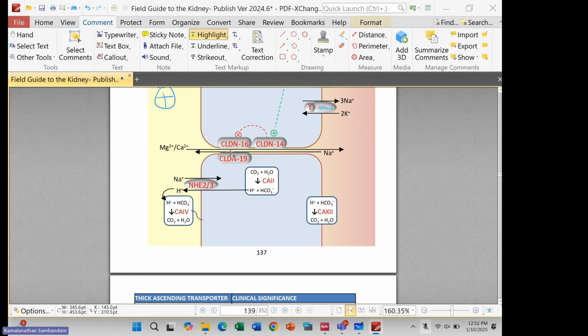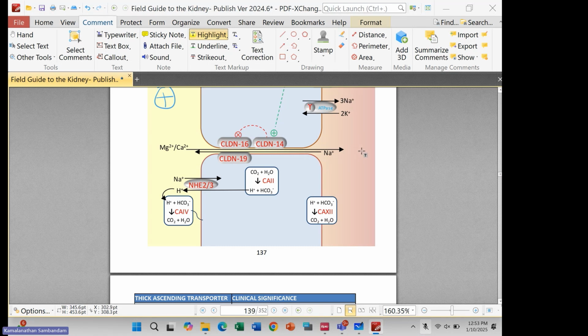What is actually at play, at least in one paper that describes this, is that claudin 16 and 19 create selectivity for sodium and chloride transport through the paracellular pathway. And so what ends up happening is that 16 and 19 allow for sodium and chloride transport across the paracellular path, but